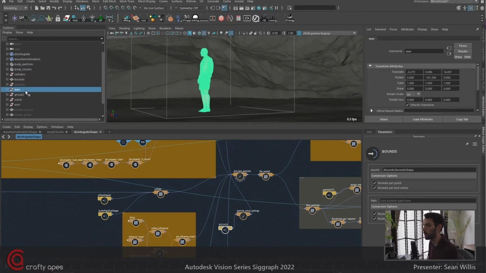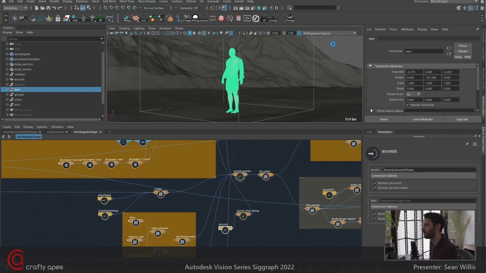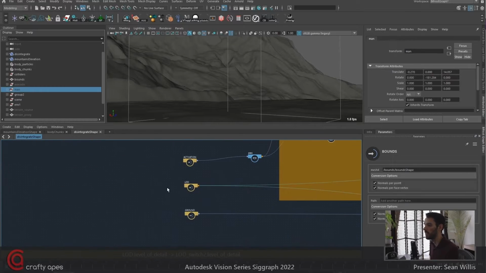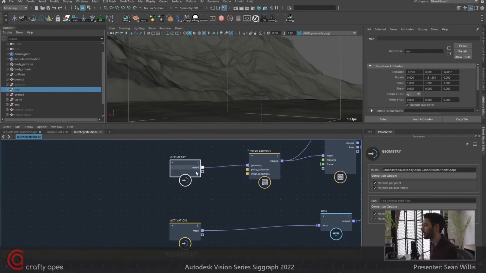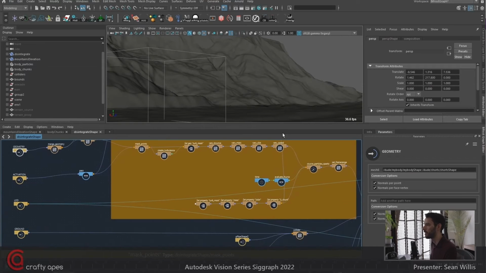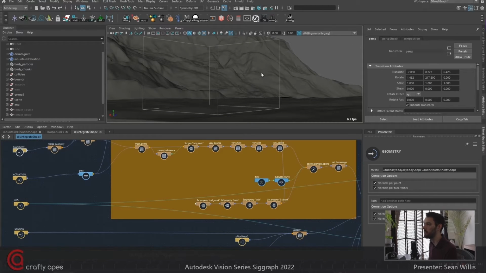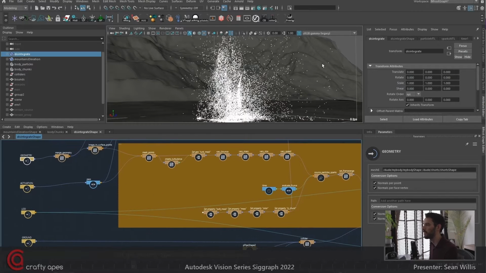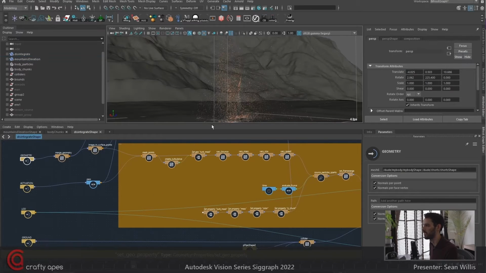So let me just show you this. This is our source input. You can grab multiple things, bring them in there. So our man, that's where our geometry is going in. And that's what gets output. Now I want to show you something real quick, mostly because one of the big features of this is getting colors into Bifrost.